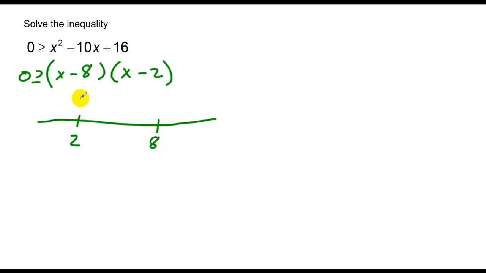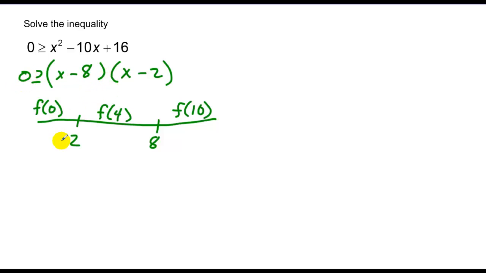And now, in order to see which numbers are going to make the inequality less than or equal to 0, I need to test numbers to the left of 2, in between 2 and 8, and to the right of 8. So I'm going to test f of 0, f of 4, and f of 10. I'm just going to plug each of these into this factored equation